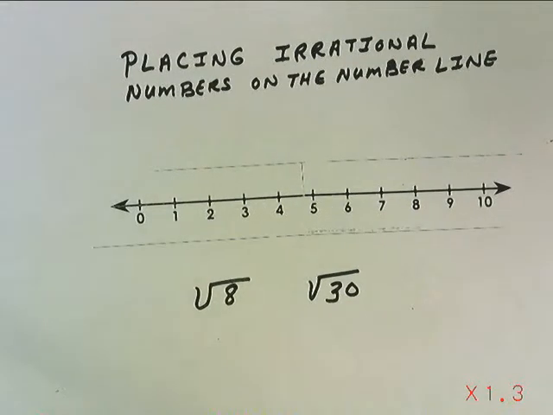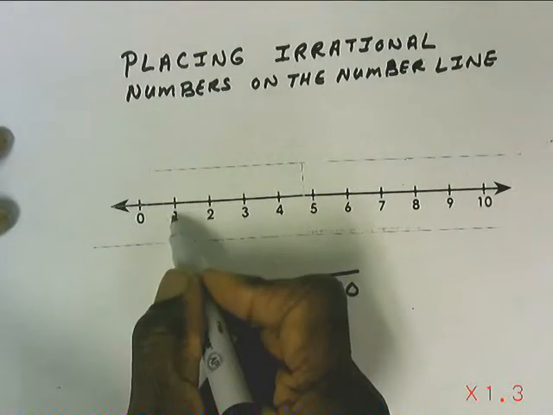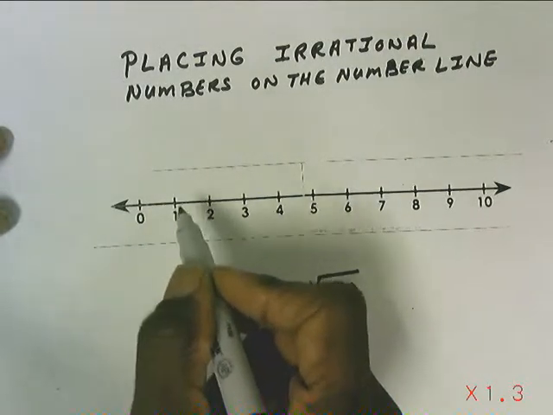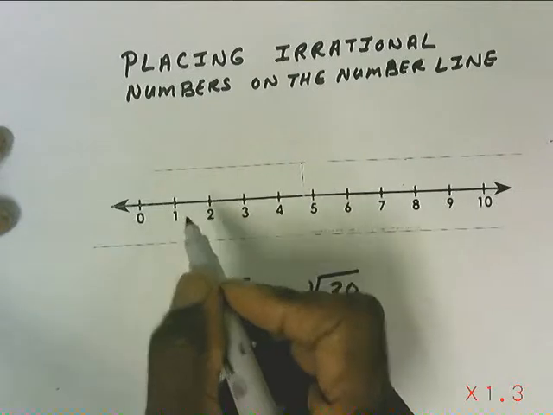How do you place irrational numbers on a number line? Well, first of all, we have a number line here from 0 to 10. Your first mission is to figure out the perfect squares of the numbers. We know that 1 times 1 is equal to 1, and the square root of 1